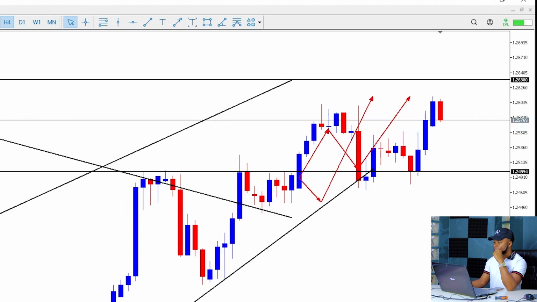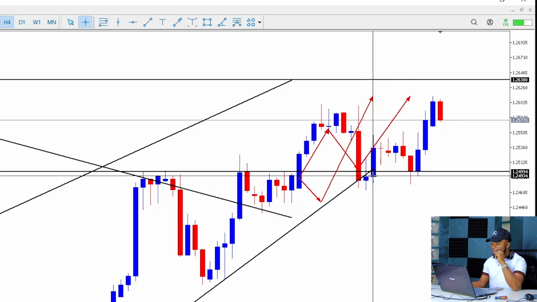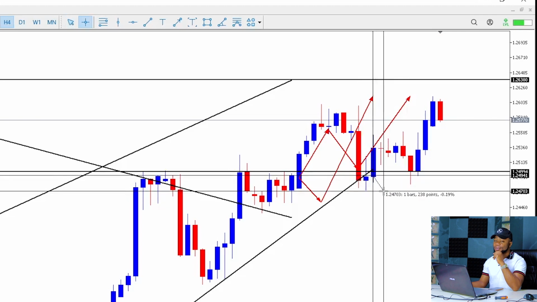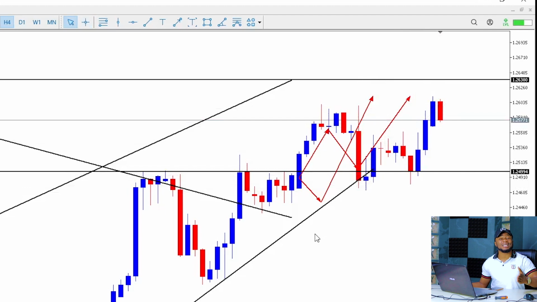Good. So as soon as the market pulls back to this area and gave me a double bottom, I doubled up again. I bought again. Remember my stop loss, I was risking 30 pips. I bought around here, risking 30 pips, and I was going for 100 pips. That is a risk to reward of 1:3 point something, or let's just say 1:3. You are risking $1 to go for $3. You are risking $1,000 to go for $3,000. You are risking $10,000 to go for $30,000.